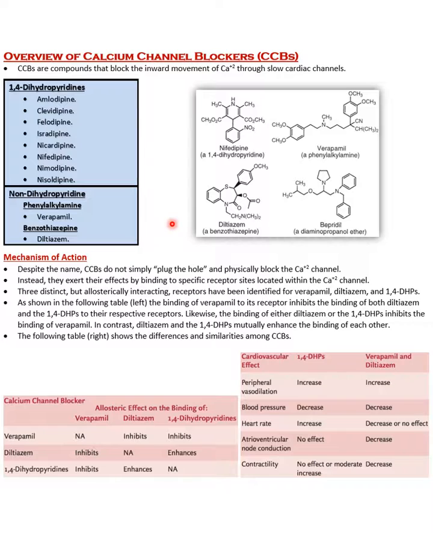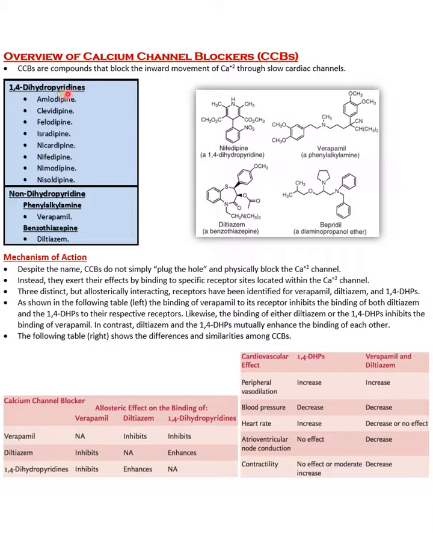Let's start with a quick overview of the types of calcium channel blockers. There are basically three kinds, or two classes. One of them is the 1,4-dihydropyridines, and the other class is the non-dihydropyridines, which can be further classified into two kinds: phenylalkylamines and benzodiazepines, and there's only one example of each one. So basically you have the 1,4-dihydropyridine, or for short 1,4-DHP,